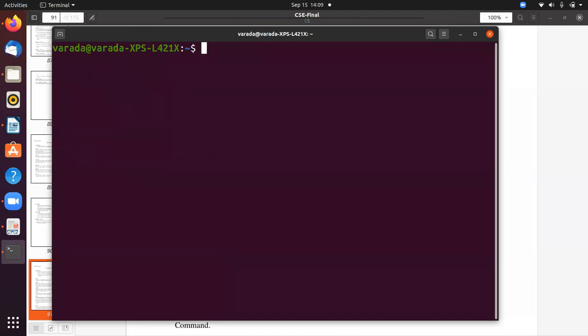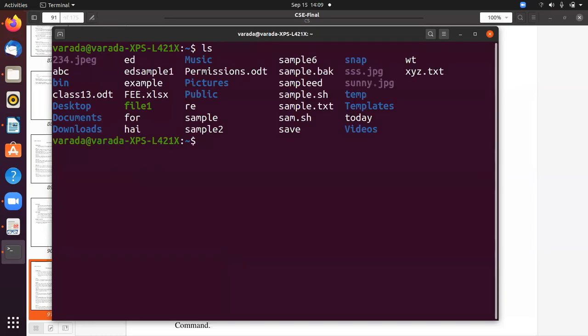We can discuss another example now. How can we change the permissions of a file? For example, I want to change the permission of sample. How? chmod plus x sample. In this way, you can change the permission of the file sample. For this command chmod, plus x is the option.